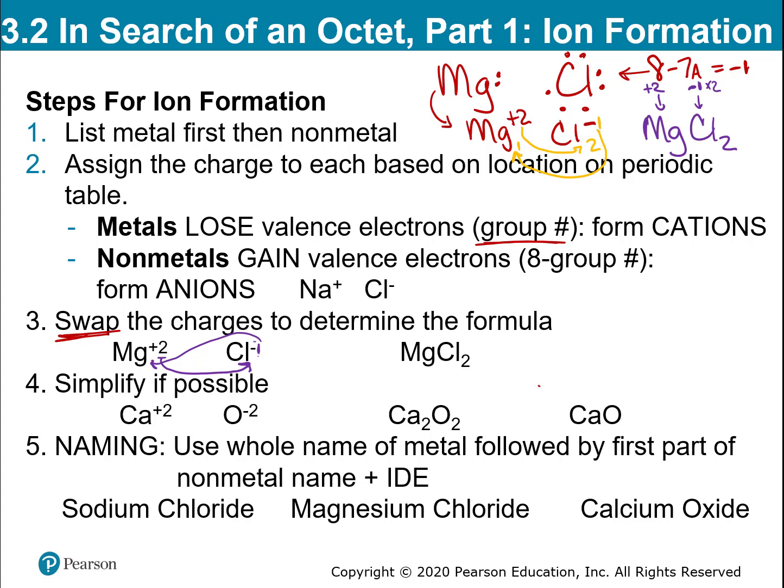I find it's easy if you list the metal and the nonmetal, assign the charges, swap them, and then just write the formula as a final number. So you just multiply, like,